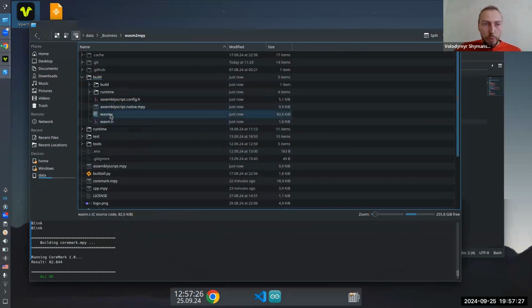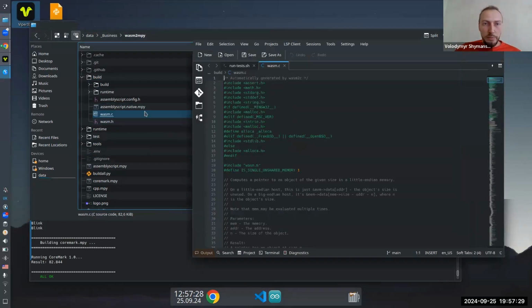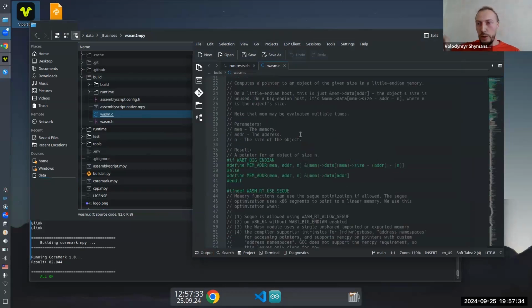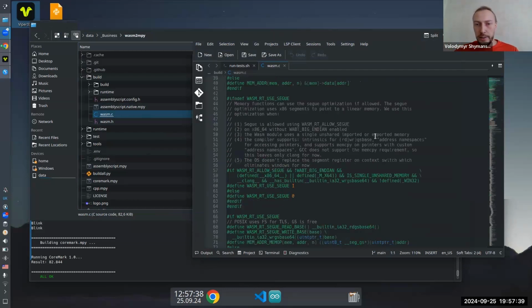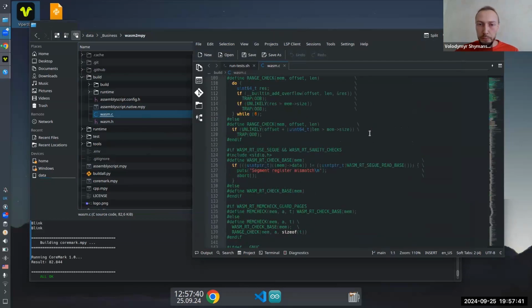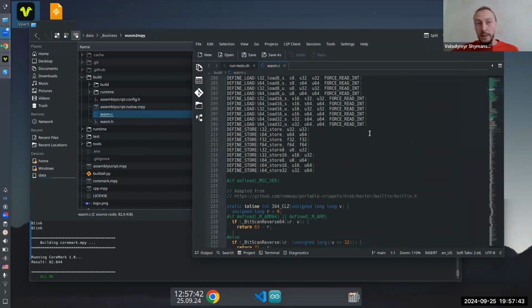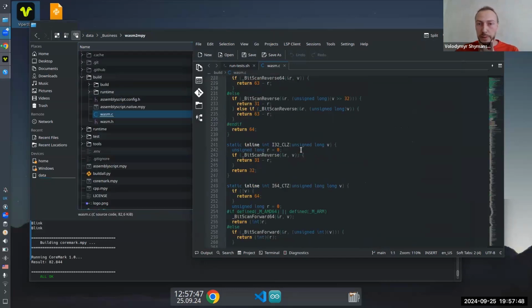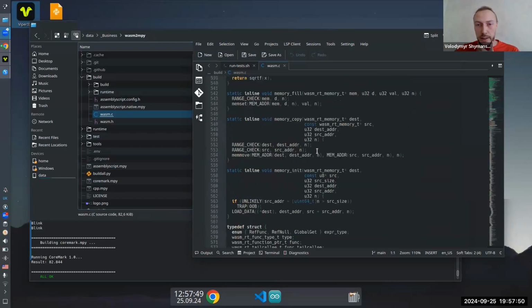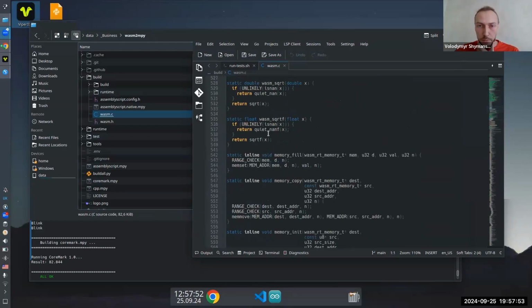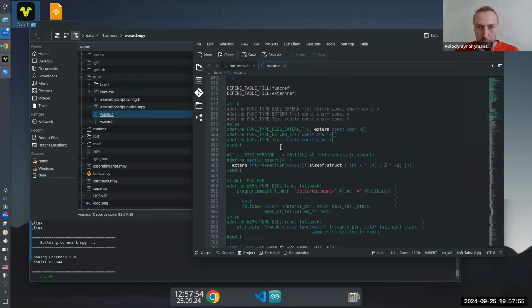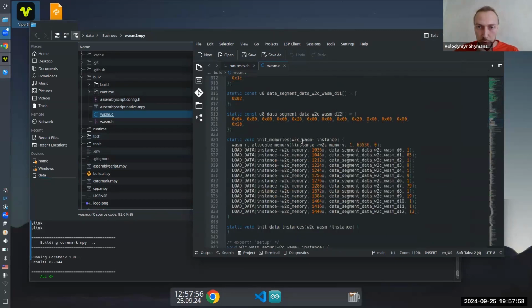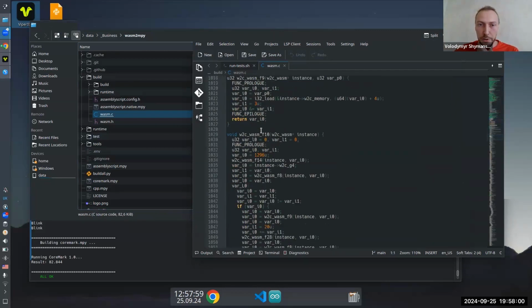my main idea was to open up the wasm.c file, which is auto-generated code that the wasm file gets converted into. Then this file is compiled via native toolchain and linked into the MPy file along with the runtime. So this is an actual app, and I can scroll down to skip all the boilerplate code in that auto-generated thing, and here are the actual functions.